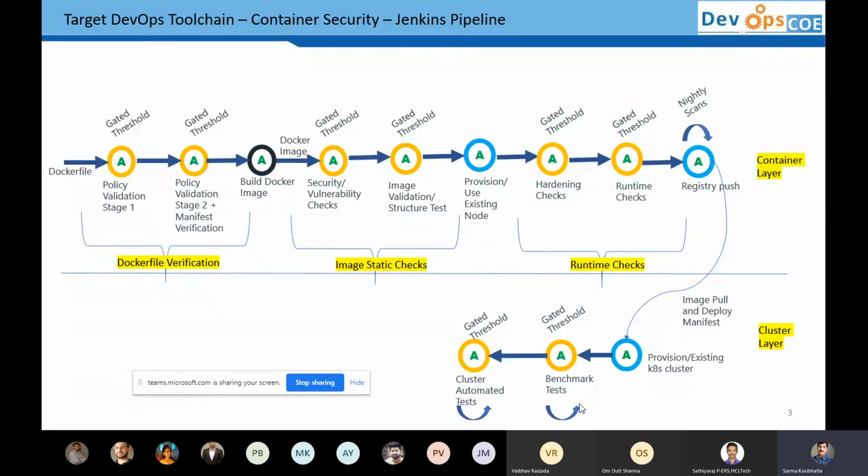It can be a scheduled scan run, because it takes a lot of time. At the same time, we also have another suite of tests that we run on this cluster, which is cluster compliance tests. So both of them bring together a series of test results that would give us the overall health of the current Kubernetes cluster.